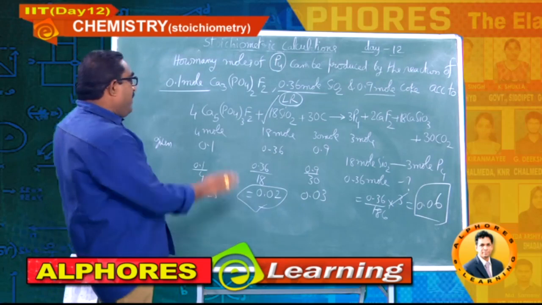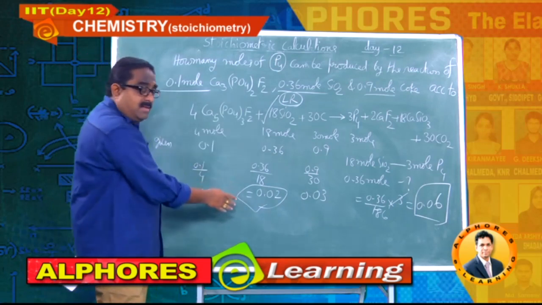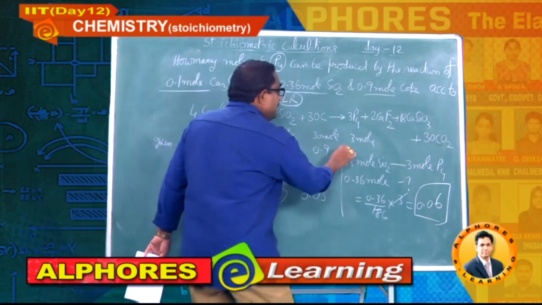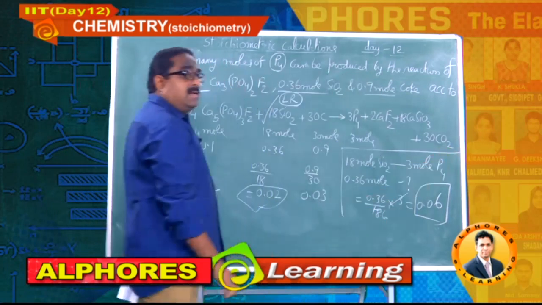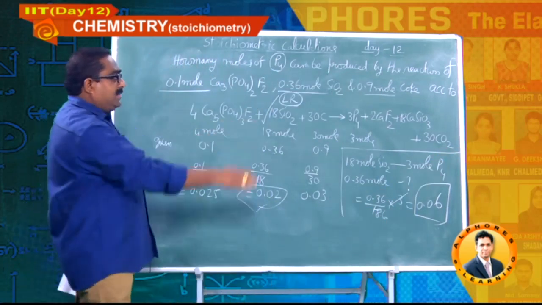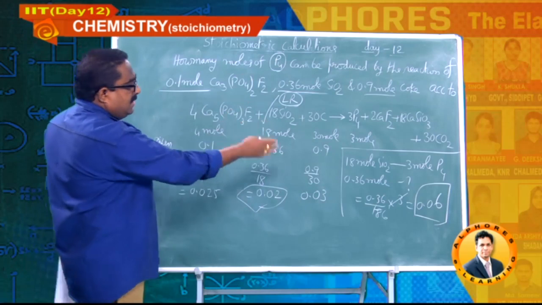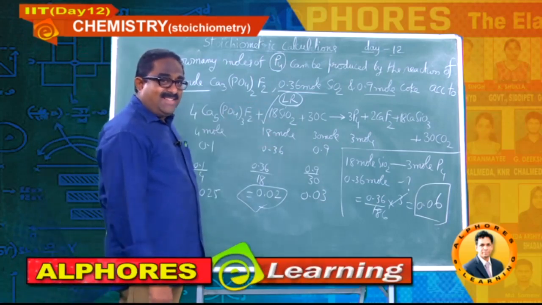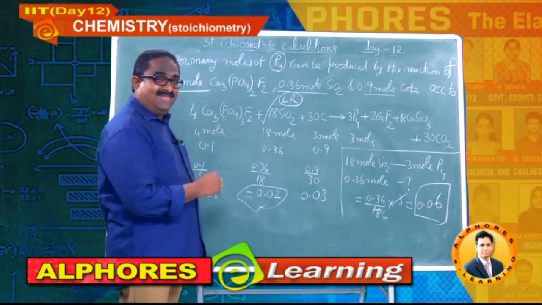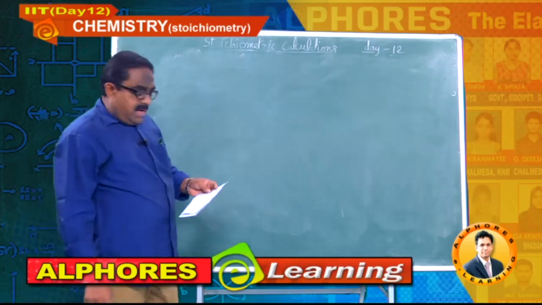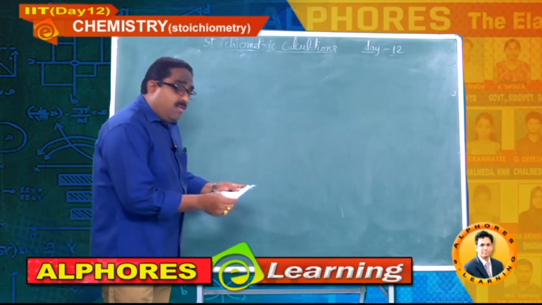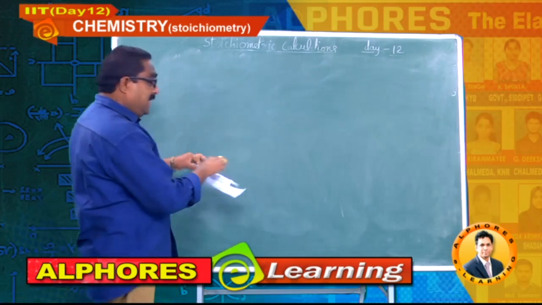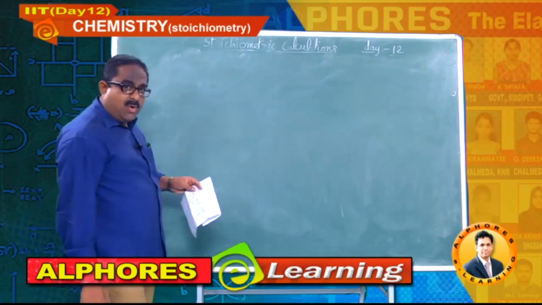First, I have fixed the limiting reagent, and then based on that limiting reagent, I was able to calculate the amount of product, the moles of product obtained in the process. Okay, students, please note it down. Important model. Okay, students, let me go for the next numerical. Write down. Very, very important modalities.